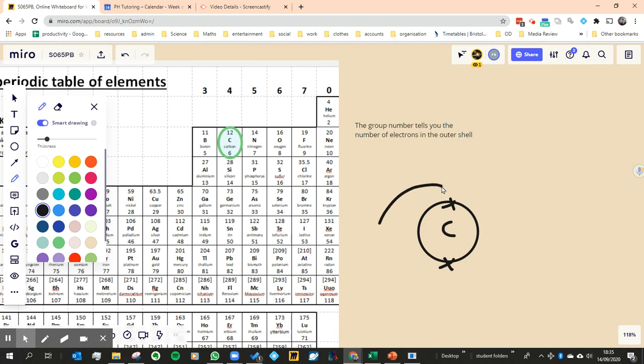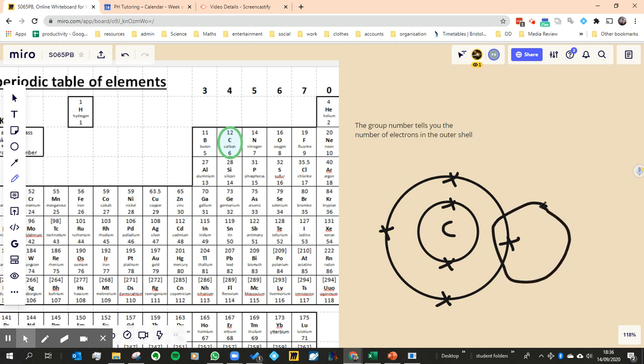And then we need a total of 6 electrons. So we've got 2 so far, and then there's the other 4. So we can see we've got 4 electrons in the outer shell now. The outer shell can hold up to 8, right? So it has 4 spaces. So that means it could share 4 more times. So if I were to draw hydrogen sharing with it,